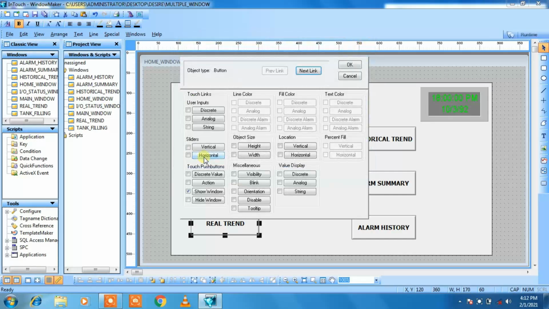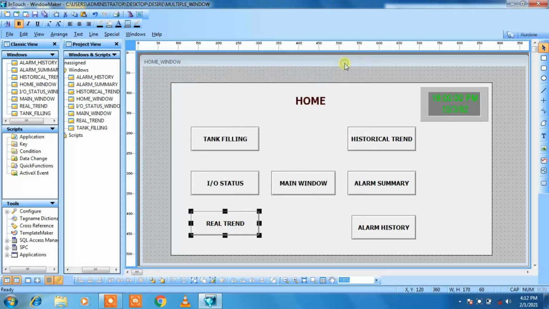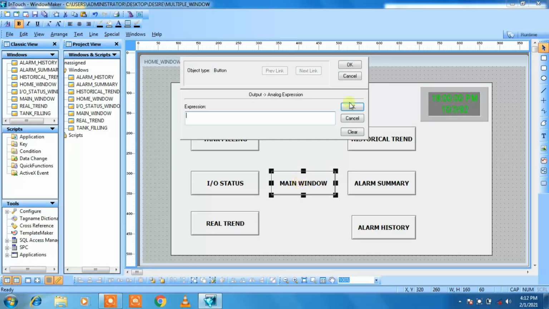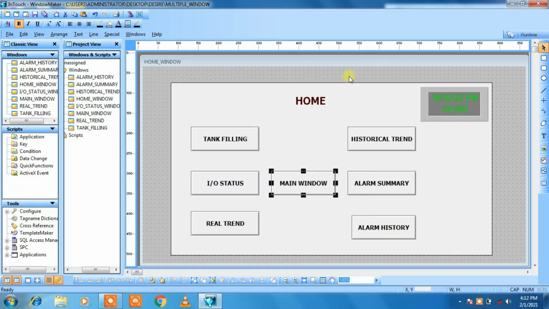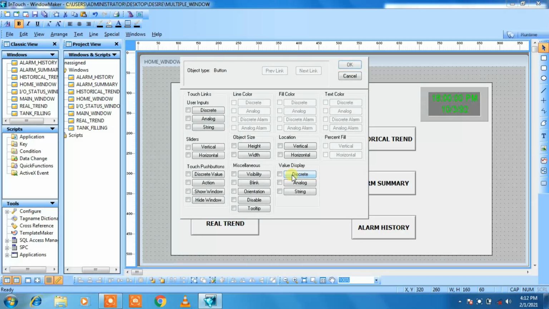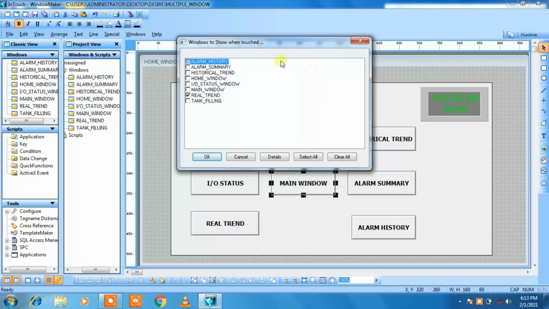Okay, then click on OK, then double click on main window button, select the show window property, click on next link, select main window, click on OK,